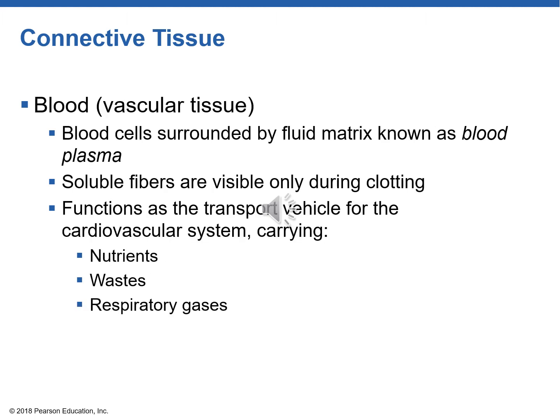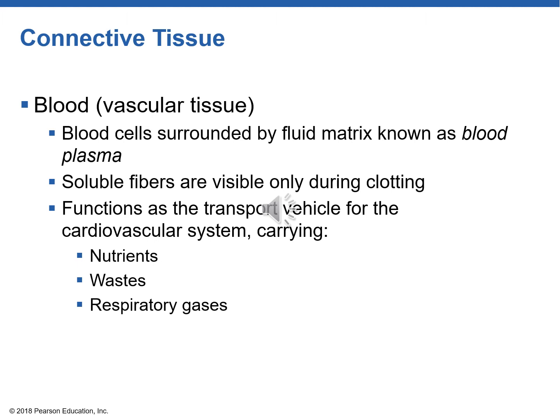It's hard to think of blood as being a connective tissue, but that's where it's been thrown into in our classification system. So blood is considered a connective tissue, and yes, another important name of blood is vascular tissue. So we have living cells, like let's say white blood cells, and there are other cells as well in the blood, and they are living in an extracellular matrix that is mostly made up of water. So if that helps you make it fit into the category of connective tissue, then it does, just like the others. It has very important jobs like carrying